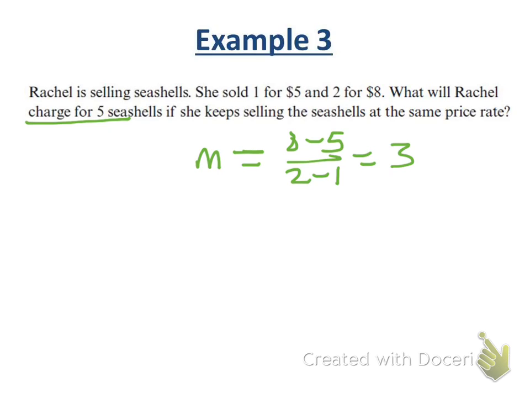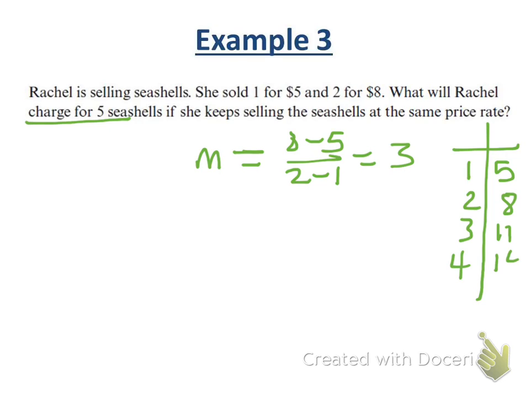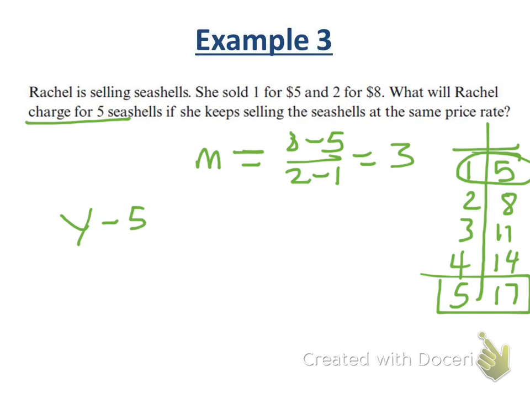All right, now there's a couple of ways we can do this. We can do this, right? 1 is 5, 2 is 8, 3 is 11, 4 is 14, 5 is 17. Okay, so that's one way to do it, right? We could also take one of these points that they gave us. y minus 5 equals 3 times x minus 1. And plug in